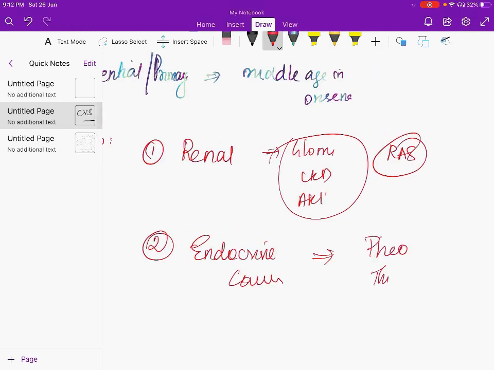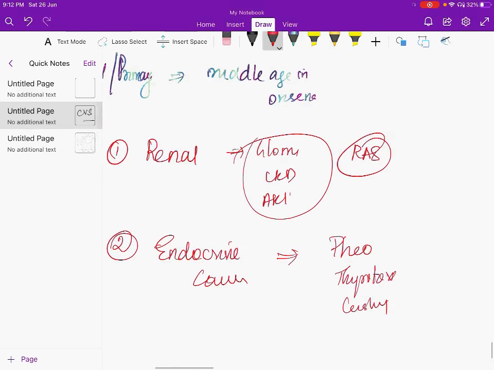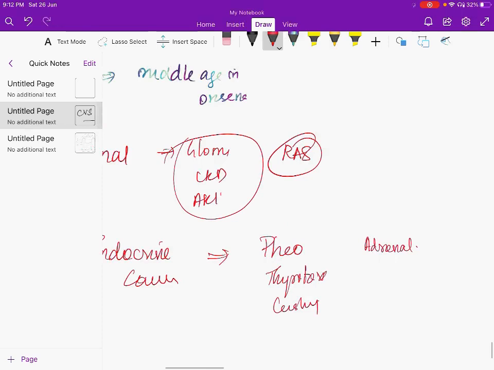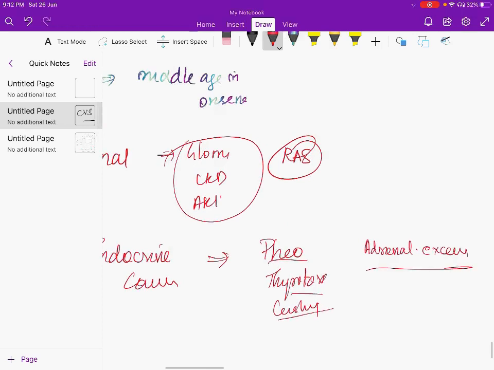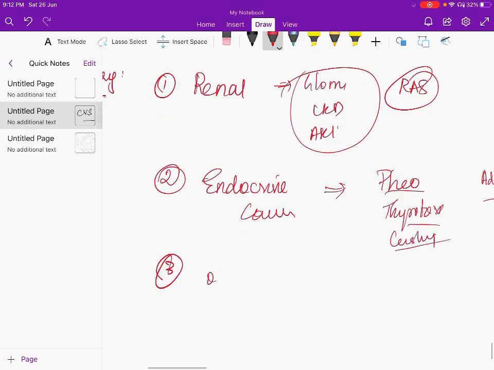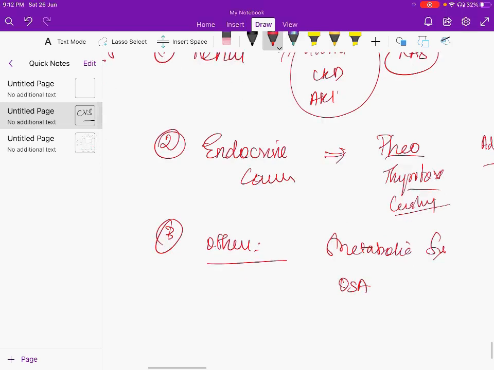Pheochromocytoma, thyrotoxicosis, Cushing's, adrenal excess. Then some other causes like metabolic syndrome and OSA can cause hypertension. So to name a patient as primary hypertension, all the secondary causes have to be ruled out,